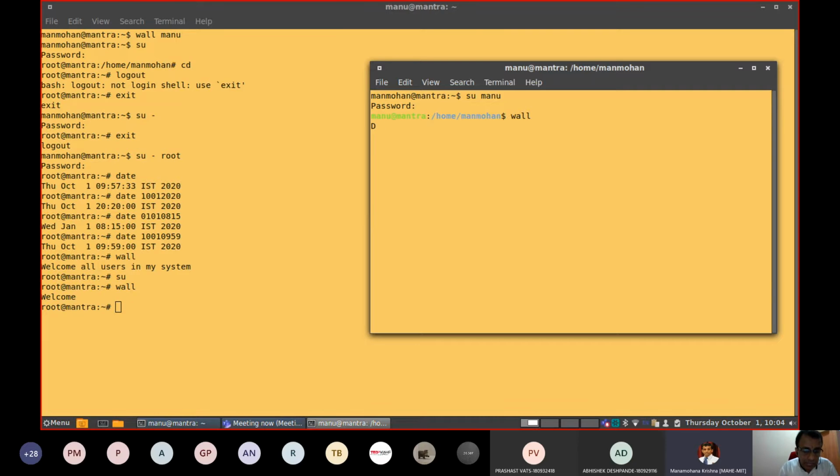Yeah, it is disabled in my laptop. Generally, a system administrator can use it in case he wants to communicate with all users simultaneously.